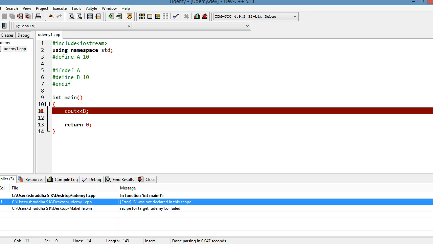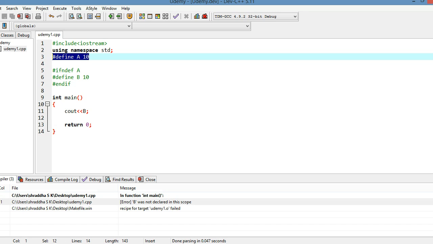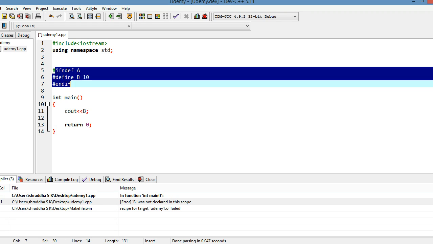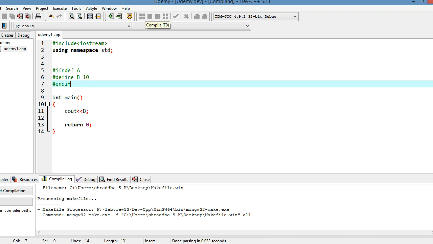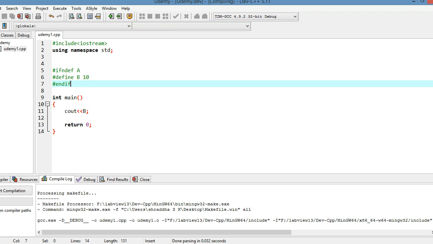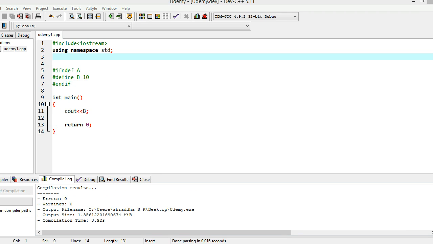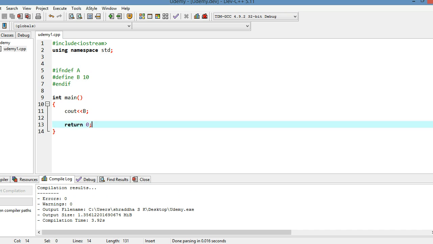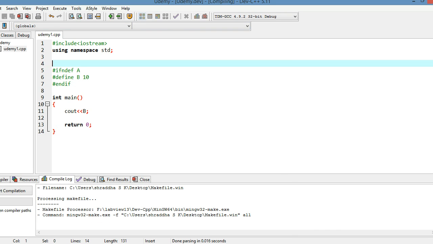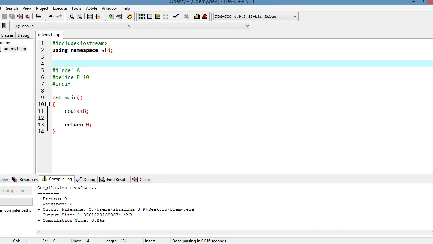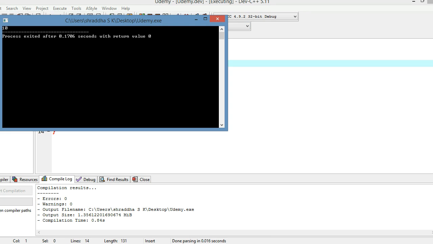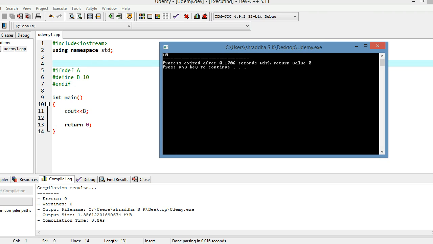So what we can do is just remove this #define A. Now I have removed the #define and compiled my code. It got compiled, and if I run it, then I'll get the value of B as 10.